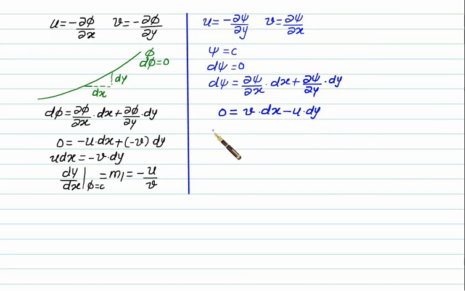So this time we have a slope dy by dx for constant stream function, let's say equal to m2. So this time we've shifted, it is a positive slope and is given as v divided by u. Now since here m1 and m2, that is the product of the two slopes, is minus 1, it means that the streamline and the velocity potential lines are always orthogonal. So if this one is the velocity potential, then the stream function will be perpendicular to it. So this one is the equation of stream function, that is, they always cut orthogonally.